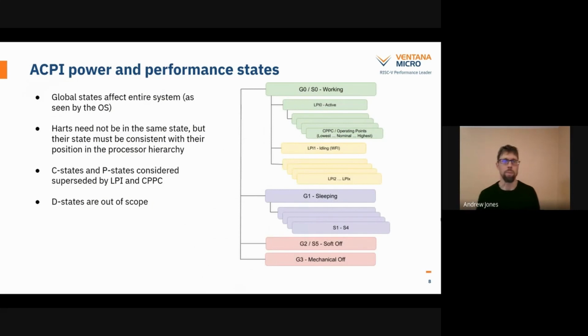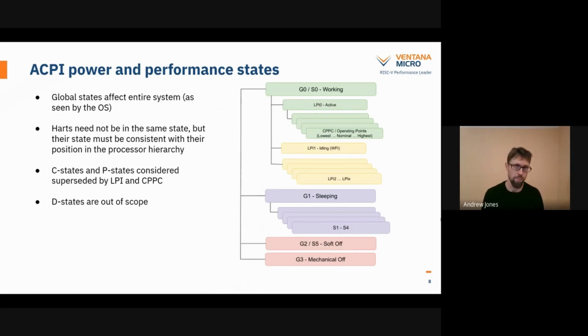Even if a platform chooses to use DT for its hardware descriptions, it's useful to specify the types of power and performance states a system may be in at any given time. Looking at ACPI's categories can help us do that. ACPI defines global states as well as performance states and idle states. Global states affect the entire system, which recall may be a virtual machine, in which case it would not affect the entire real system. Performance and idle states are per hart. Harts may be in different states unless they are members of the same cluster and the entire cluster is dictating